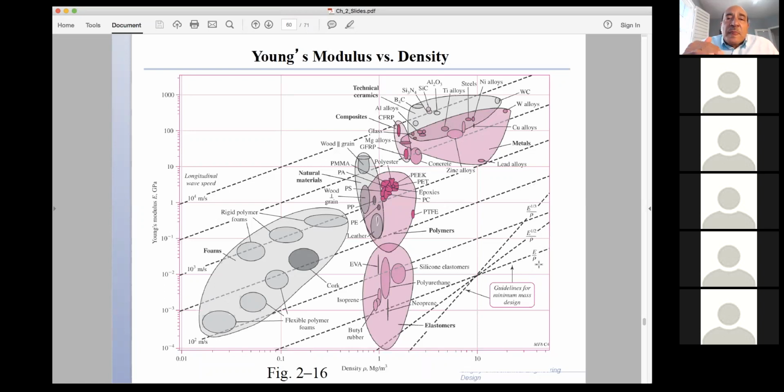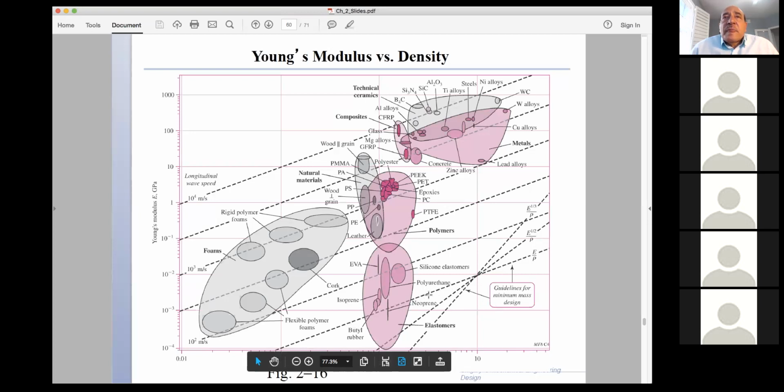So I want the lowest density and the highest elastic modulus. That is a line of constant value of E over rho, which is this dashed line here, of a certain value. Of course, you can find that value if you know the coordinates of any point on the line, because on the vertical you have the elastic modulus, and on the horizontal you have the density. So you can get the value of E over rho on that line.